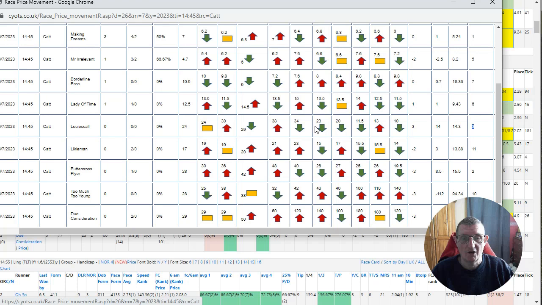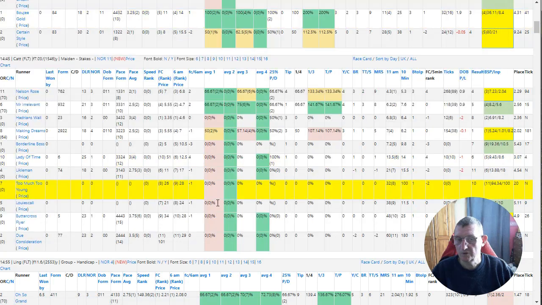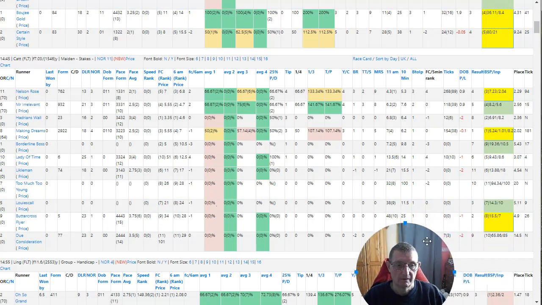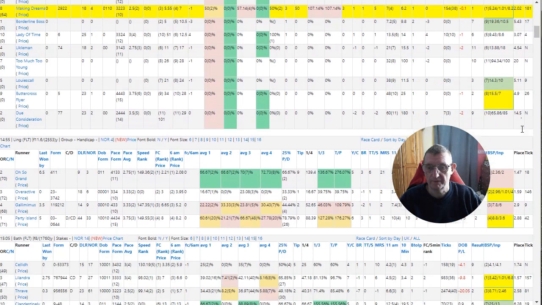I mean, I'm not overly keen on looking at them at that price, but it just shows if you can see one that sticks out, then it may be worth going for it. So that was Louis Call, and its place price was 5.11. So that was probably worth a punt in some ways. But